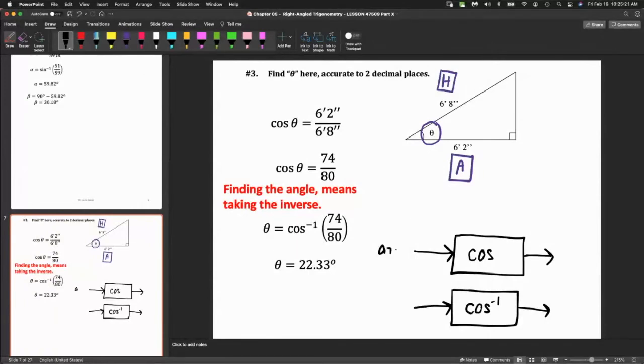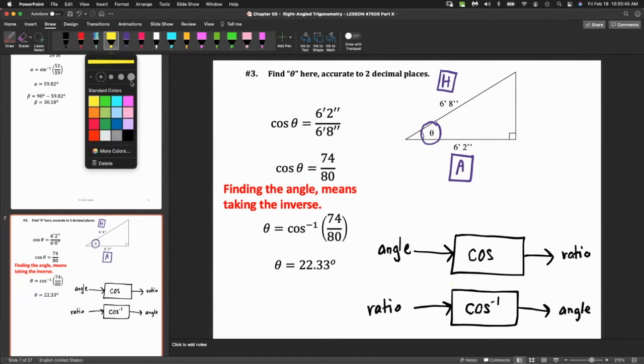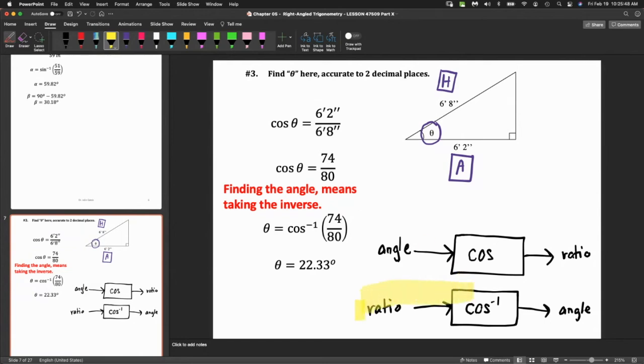If you want to use cosine, the input is an angle and the output is a ratio. And if you want to use cos inverse, then the input is a ratio and the output is an angle, which is exactly what we have in these circumstances here, at least the questions that we're doing so far today. I need to really thicken up this highlighter. We're using this one down here. So that's all I wanted to kind of ramble on about for a little bit there. Hopefully we're building up your confidence level so we can move on to the next one,